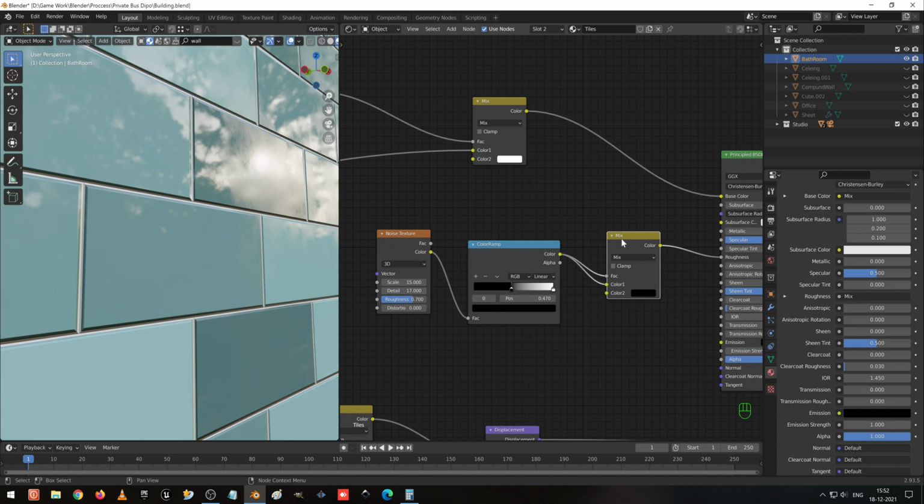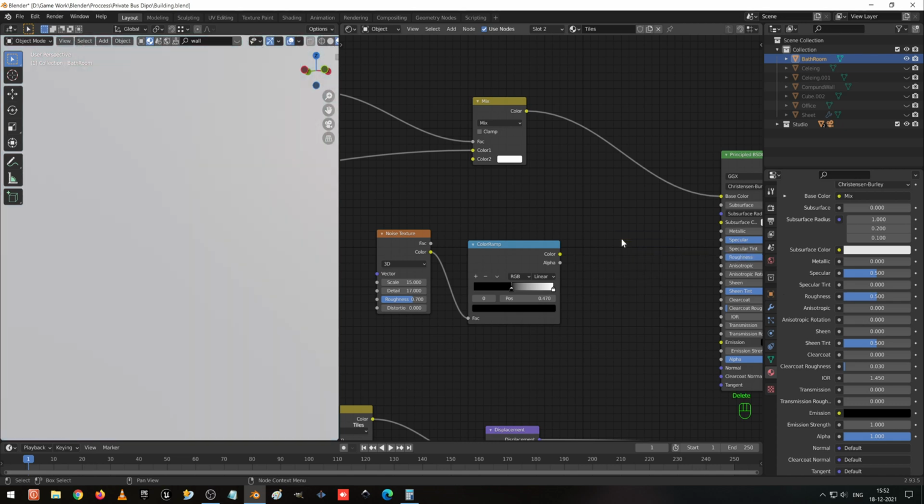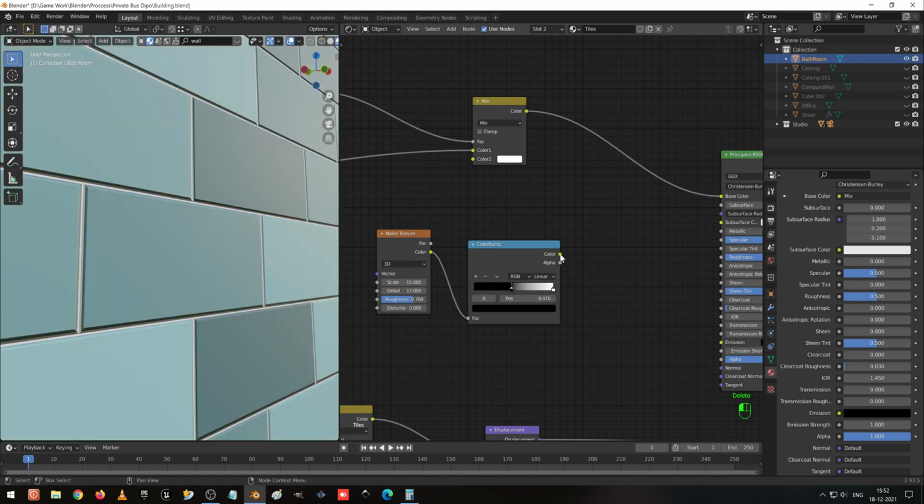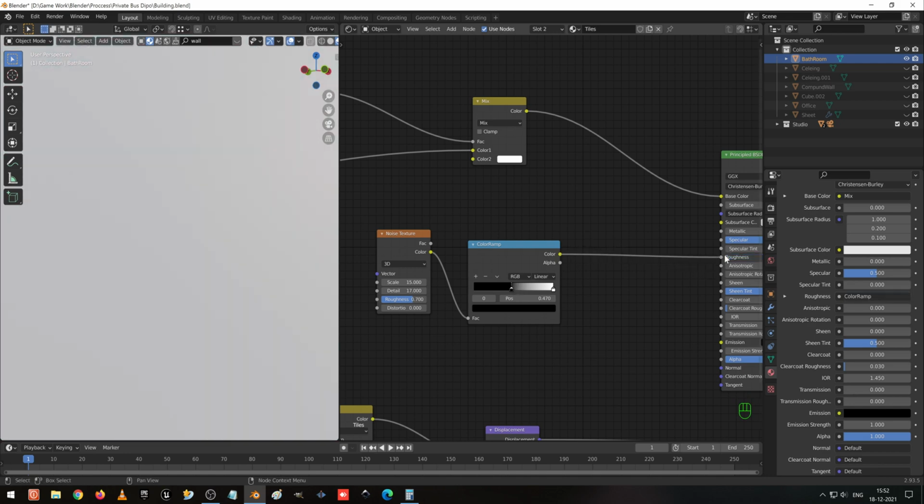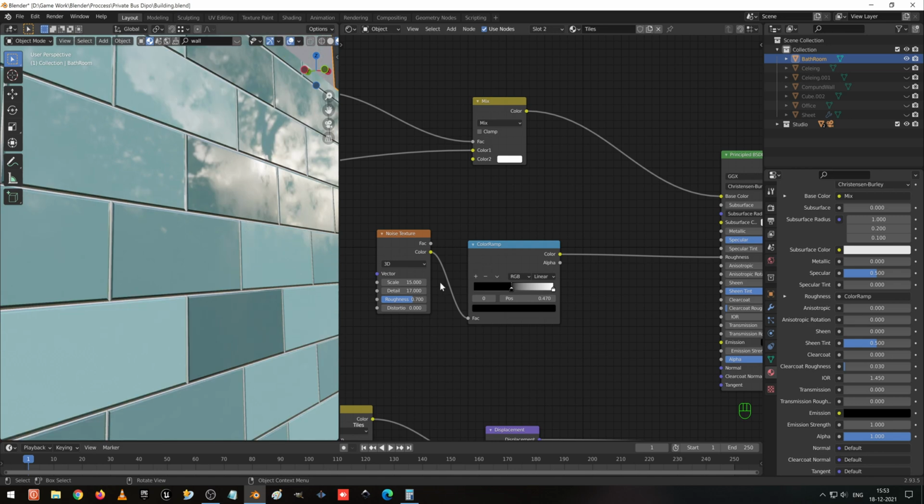I hope so. So we can delete this one, and I connect the color to the same roughness point. Now here we can change the color.